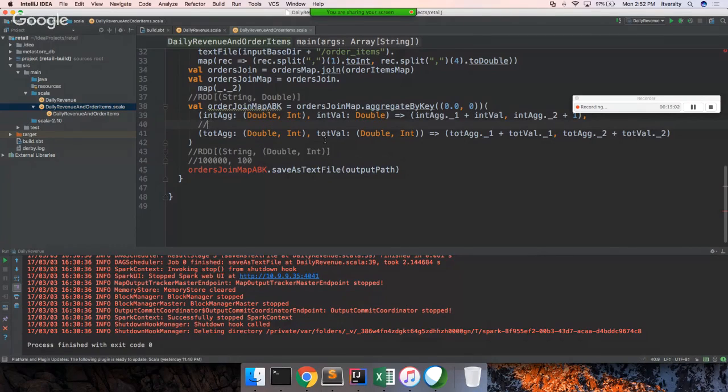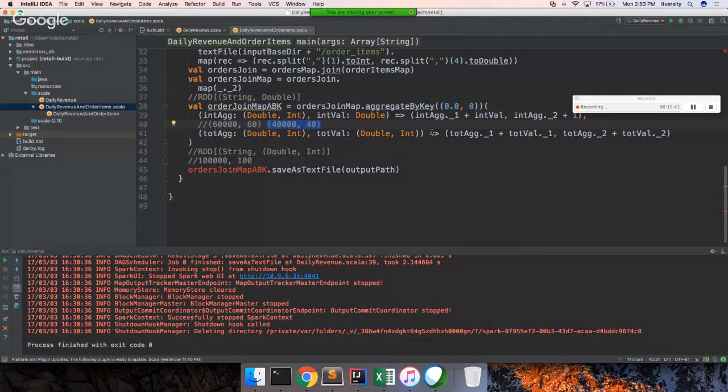There will be one tuple which is 60,000 and 60 approximately, and then another tuple with 40,000 and 40. So that will be the output of this function, by processing a subset of data and computing intermediate results. Now we have to add those two things. This tot val is nothing but these values, and we have to add these things to get the